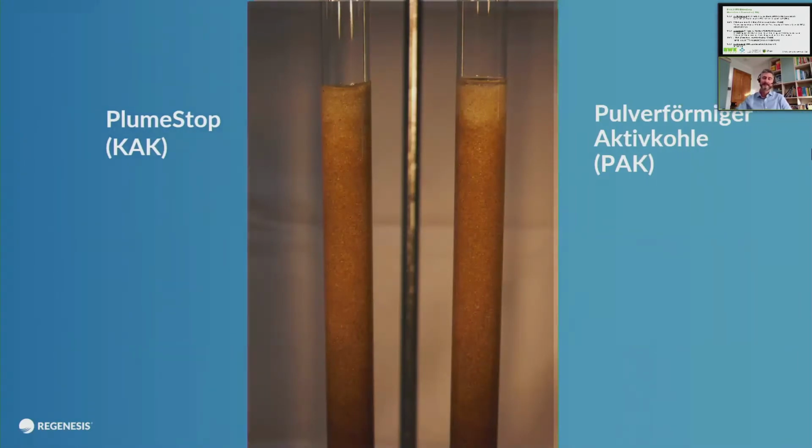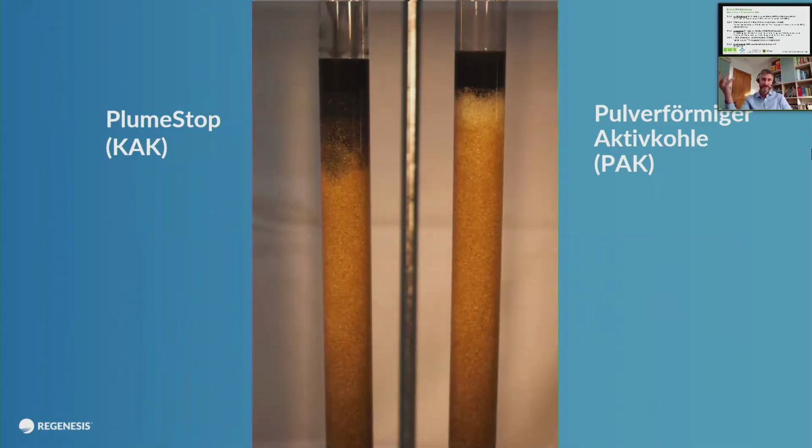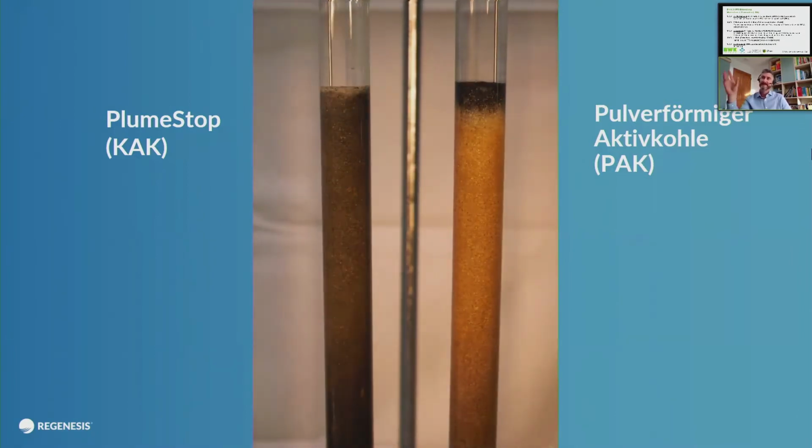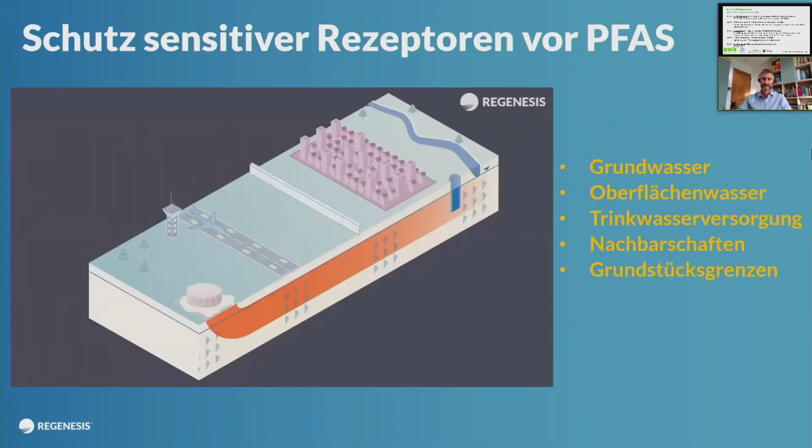Just as a visual example, to see the product flowing through the subsurface, we've added some colloidal activated carbon on the left and powdered activated carbon on the right. And then we're just putting water on top of that under no pressure, just gravity, and you can see that the colloidal activated carbon works through those pore throats and it paints that silty sand. The powdered activated carbon is clumping together, so although it might be 100 micron, it might even be less, it's clumping together and creating bigger floccules that you simply can't get through those pore throats.